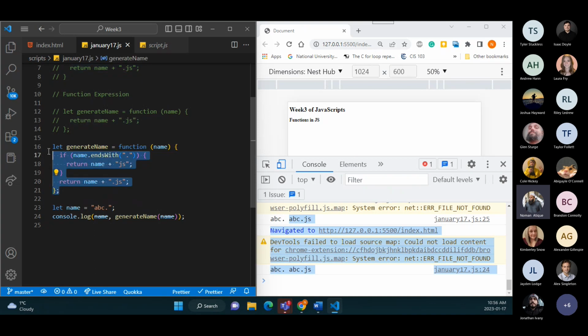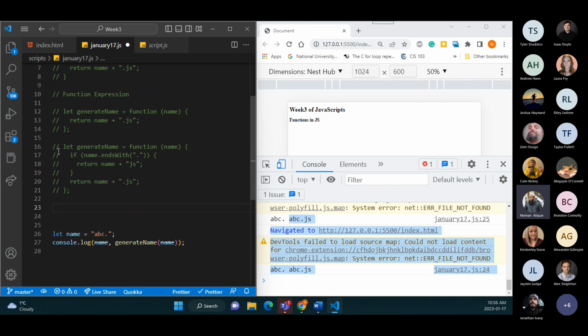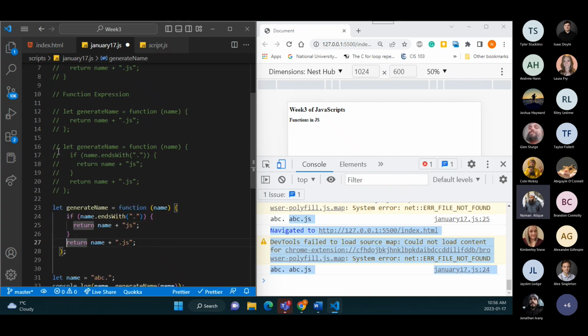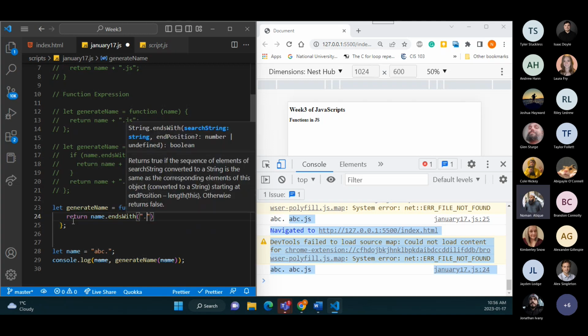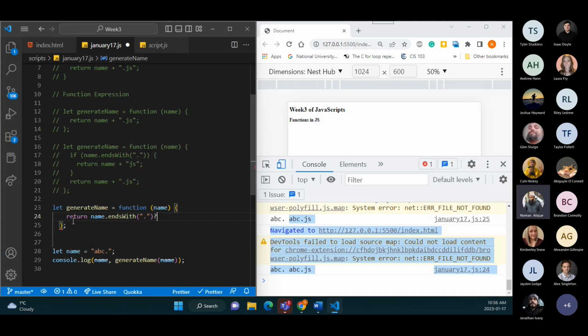And I'll write another version of this program. Control C, comment this out, and I'll show you something. Rather than writing this if else, do you guys remember the one-liner if else? Anyone remember one-liner if else? I will say, see here, I'll say return name dot ends with a dot question mark